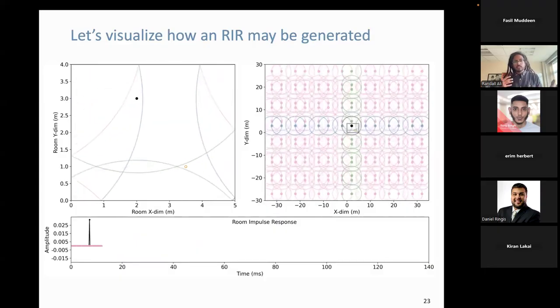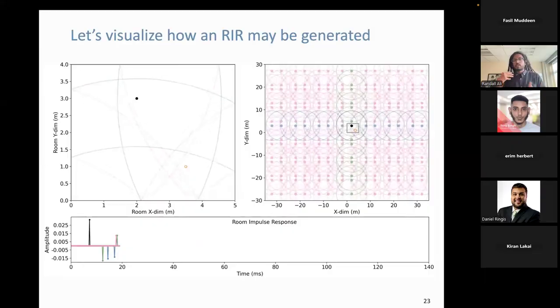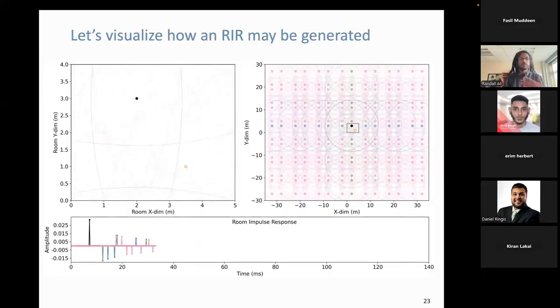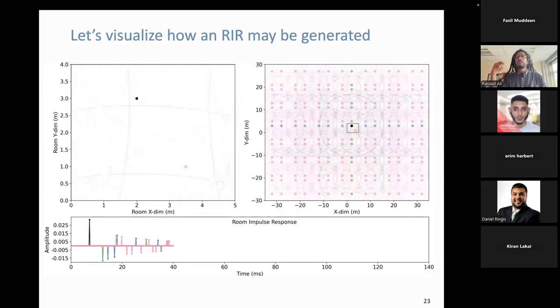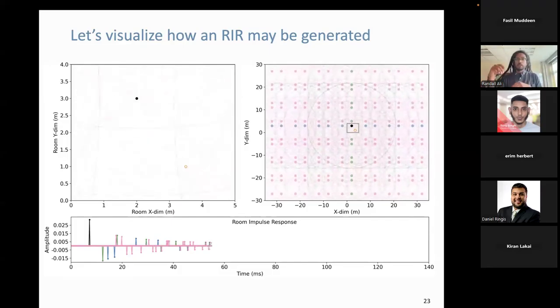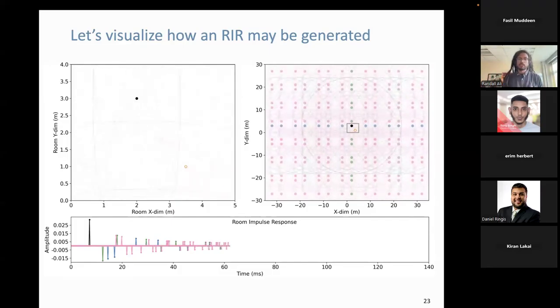You see the reflections there, and every time one of these waves touches or hits the microphone, it pops up. It registers on the microphone with a different delay and a different amplitude. So essentially, I can take this room impulse response and convolve it with my input signal, and that's a synthesis of what the sound would sound like at that particular receiver position. And that's all through